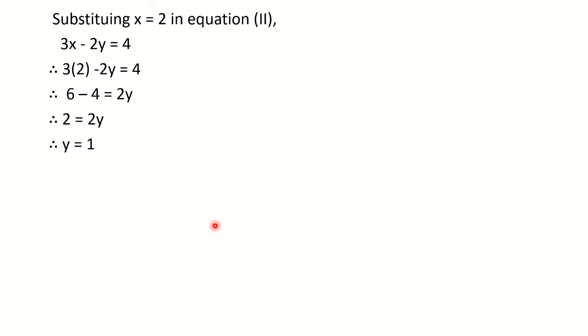Finally you need to write down the solution, that is x is equal to 2 and y is equal to 1. Okay, as I have said, you can write down in any form. Either you can write down in round bracket as an ordered pair, or you can simply write down x is equal to 2 and y is equal to 1. So all of you please complete it. Be very careful with the signs here. Changing the side, do it properly.